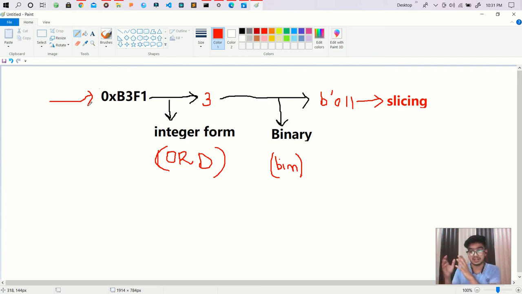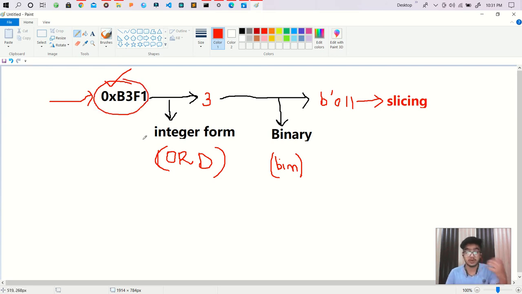Then we do padding, and after padding we convert it into binary form, and then that binary is converted into integers, an array of integers, and then that array is converted into bytes. So whenever I read that compressed file, I get our data in that form.